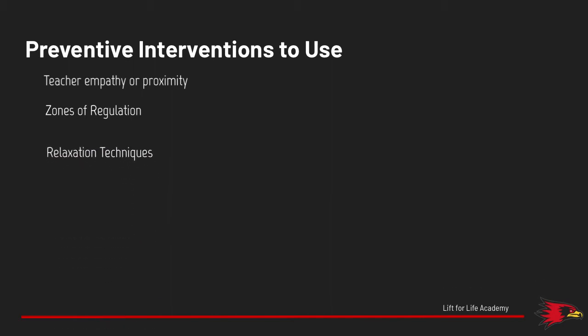Using relaxation techniques can also be a good prevention intervention. So things like using mindful breathing, having students close their eyes, and stretch. And lastly, you want to avoid escalation responses. So these would include things like getting closer into a student's face when giving them directives, discrediting the student, engaging in a power struggle, and even raising your voice. So again, using these strategies can be very helpful in preventing triggering an emotional response or an outburst from a